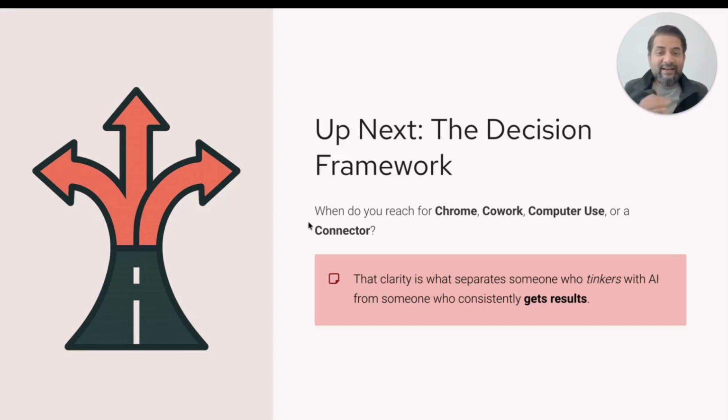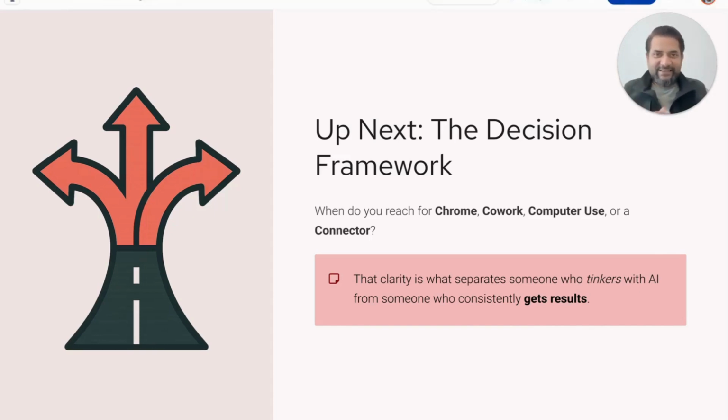But Claude in Chrome is just one tool in your toolkit. In the next session, we are going to zoom out and build a decision framework, so you always know whether to reach for Chrome, Cowork, computer use, or a connector for any given task. The clarity is what separates someone who tinkers with AI from someone who consistently